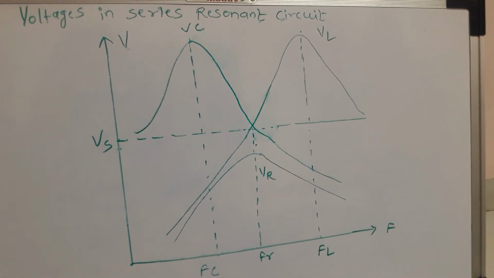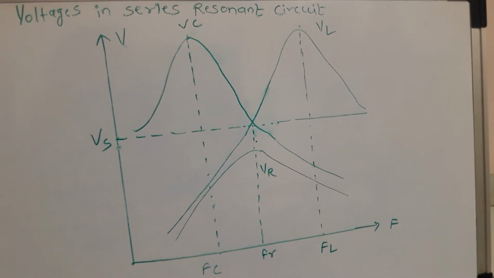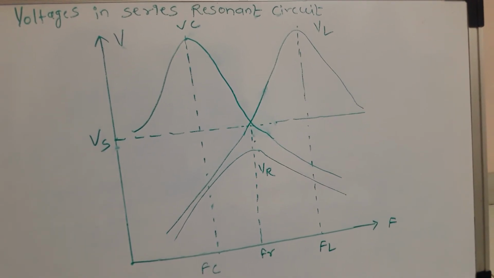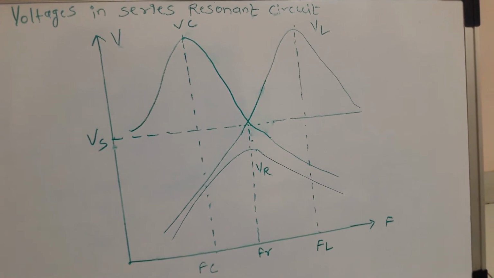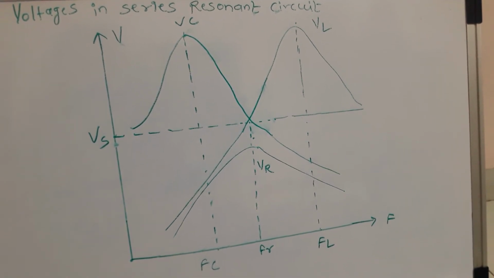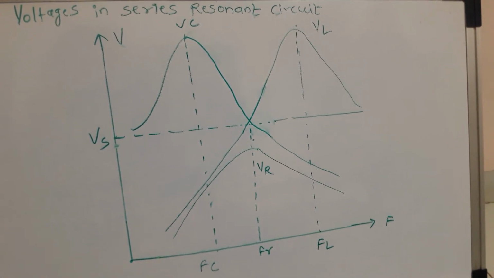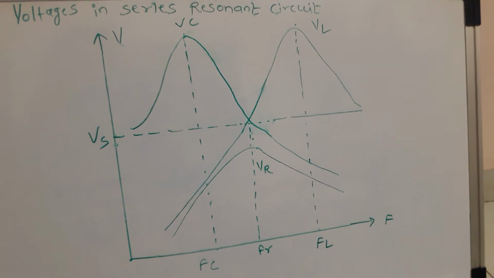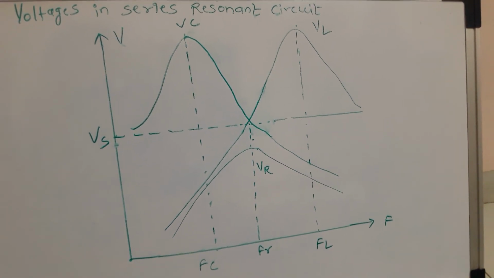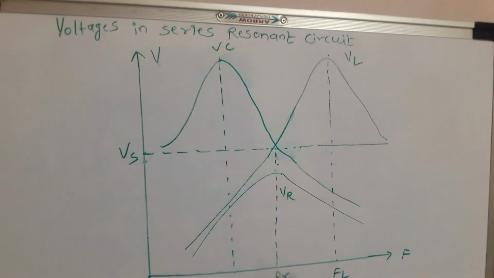because of the reactances. XL is more, Xc is less, so reactance XL minus Xc is more, hence Z is more. If Z is more, current will be approximately equal to 0 and both voltages, that is voltage across resistance and voltage across capacitance, approach 0 value and VL reaches the supply voltage Vs. This relationship is shown in this figure.